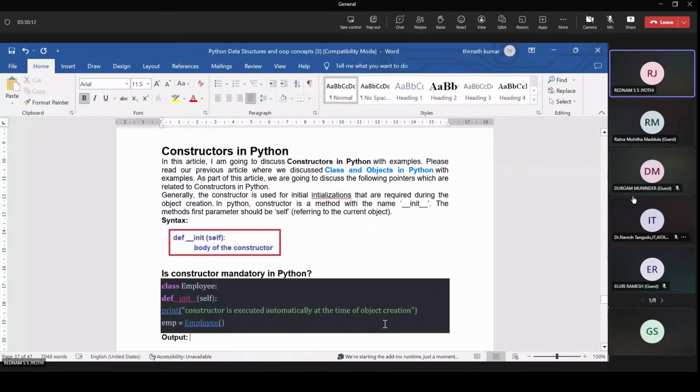Is a constructor mandatory in Python? Whenever we create an object of that class, the constructor is called automatically. So no, there is no need to write a constructor explicitly. At the time of object creation, the constructor is called automatically. But if you want to write it explicitly, we can.